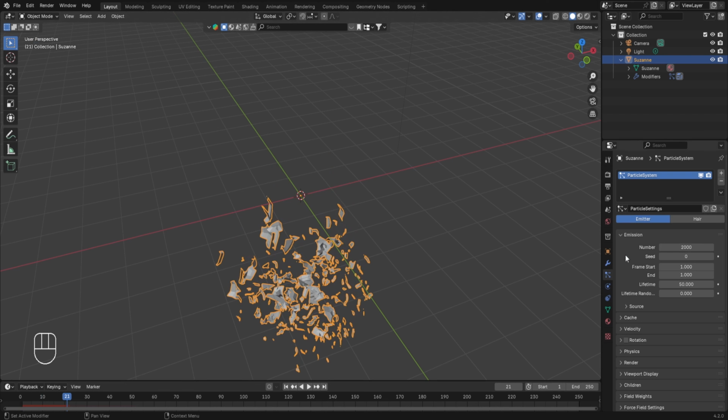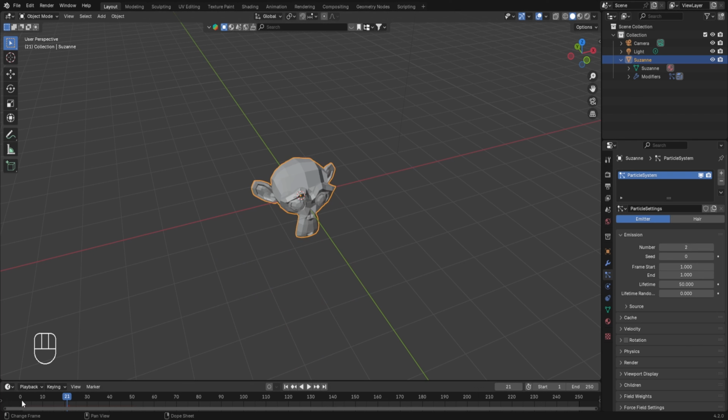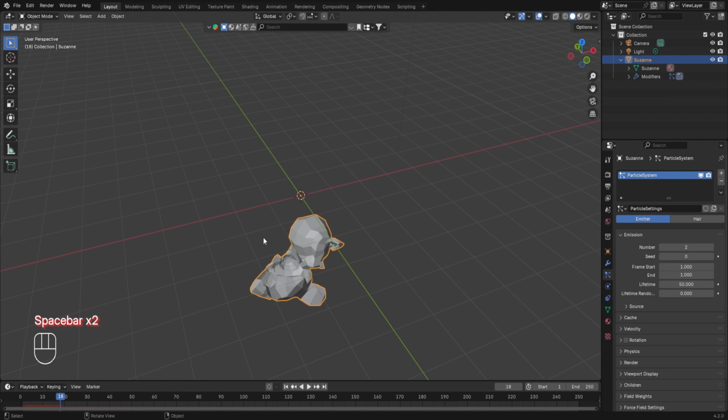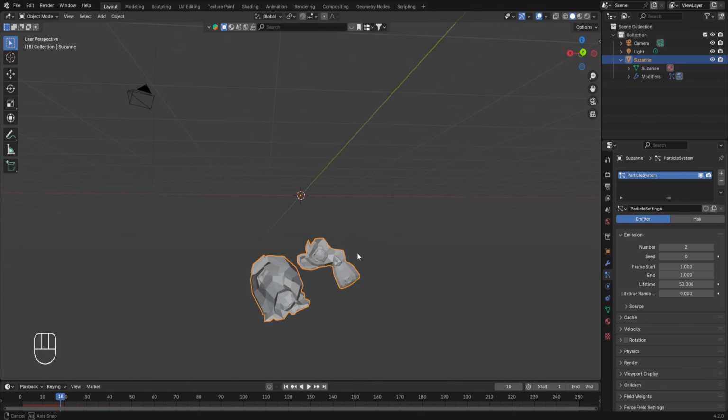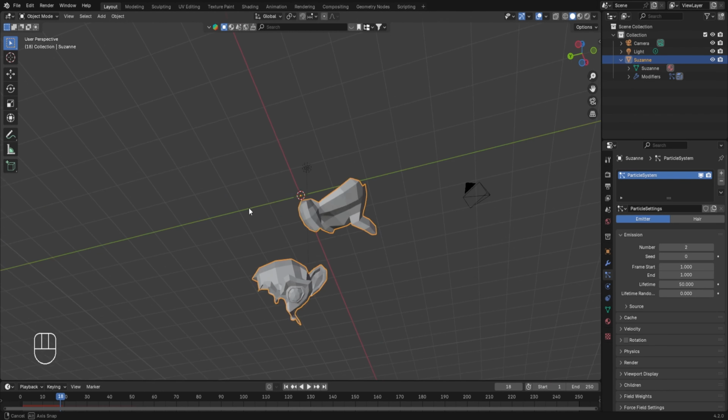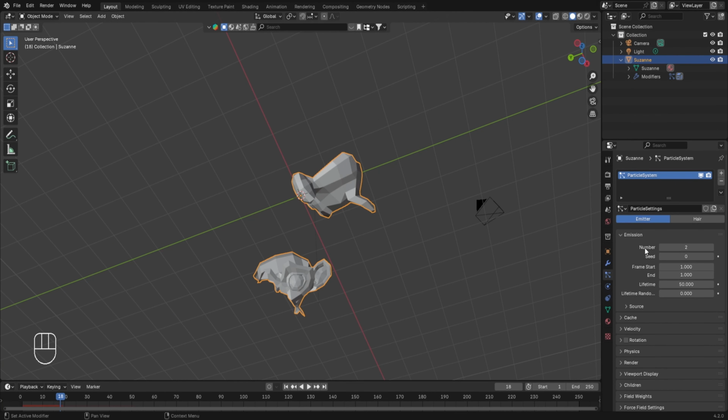Similarly, if I change the number value to a value of 2, and let's play the animation one more time, now you can see that the explosion effect is still being applied, but this time the monkey object is broken into 2 separate pieces. So with the number value in the particle settings, you can control the number of pieces which will be there